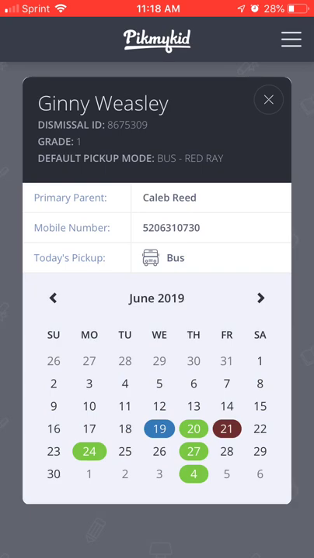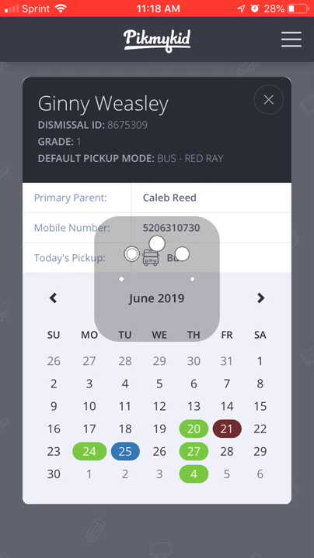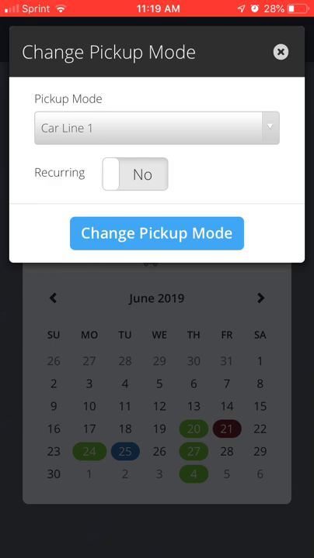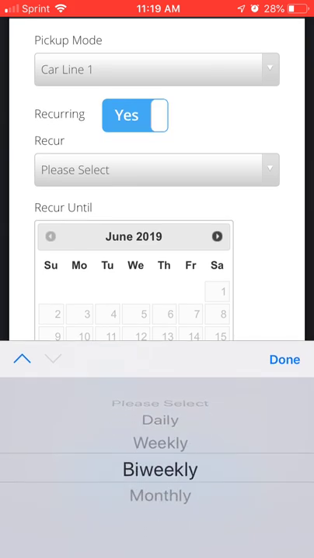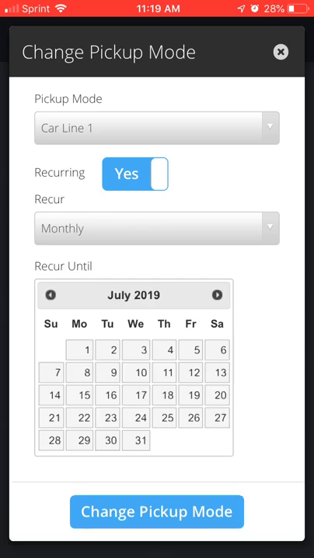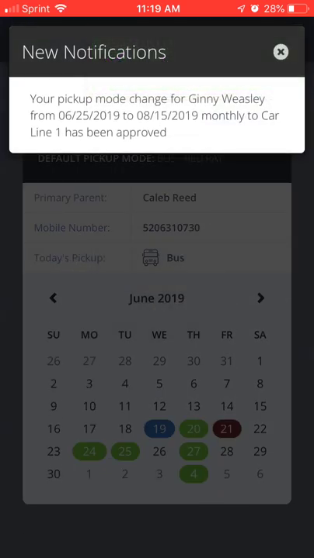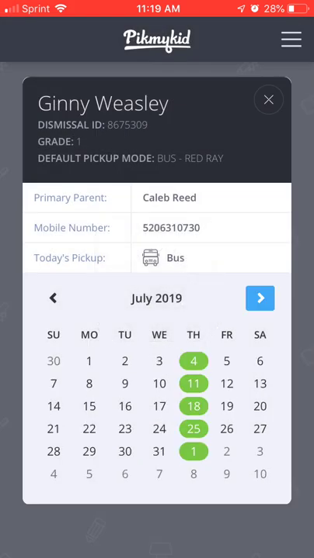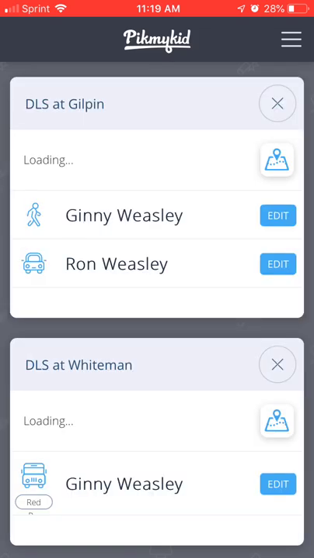Please note there are a couple options here that make these changes very helpful. For example, you can do recurring changes. So if my child rides the bus every day, except Tuesdays, I always need them to be in the car line, I can make the change, set it as a recurring change, and pick daily, weekly, bi-weekly, and monthly. And you can have it recur until whenever. Change pickup mode. On that day of the week, my child is now on the 25th of every month in a different dismissal plan. If you have any questions about this system,